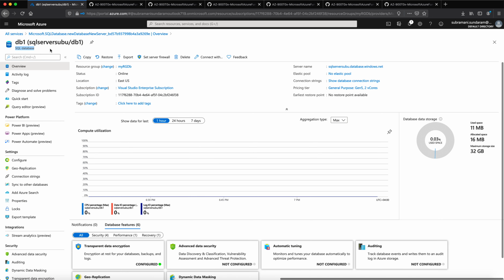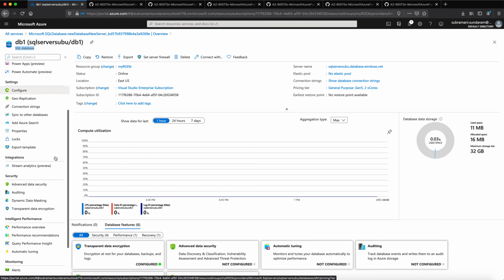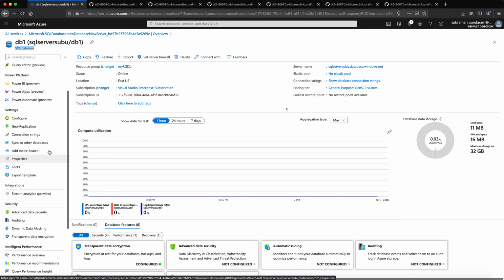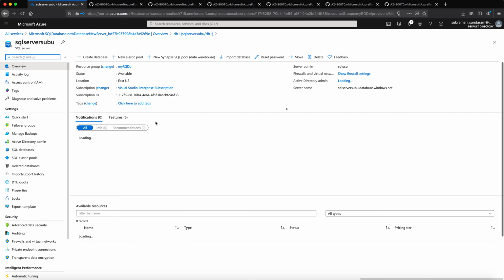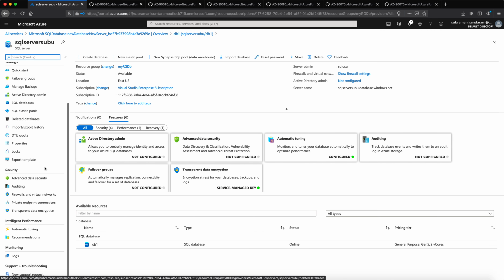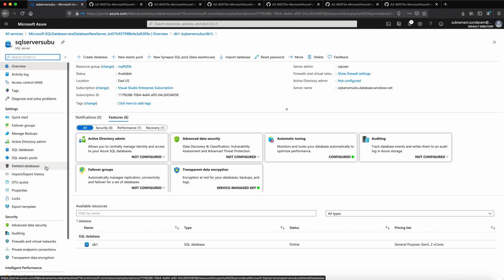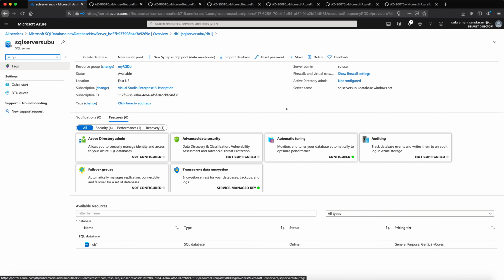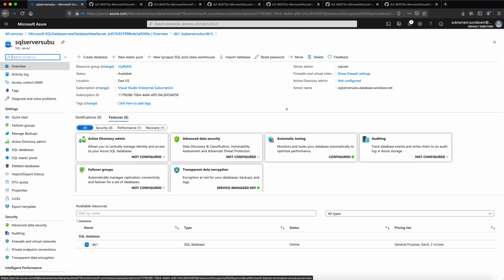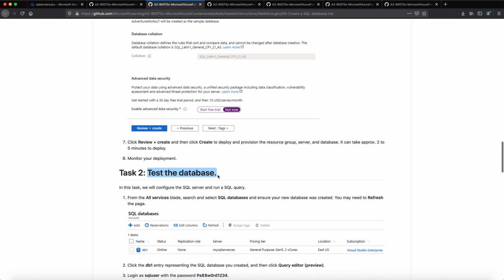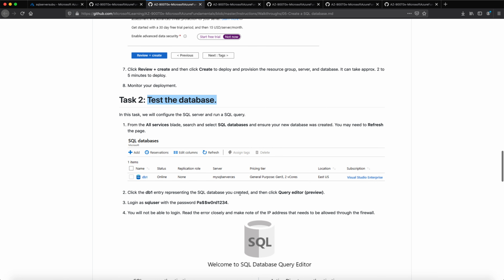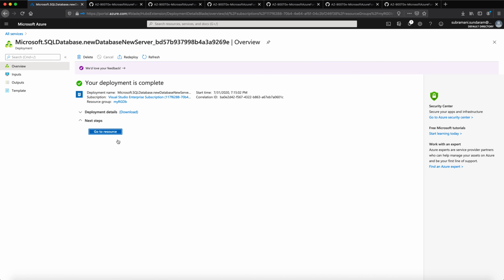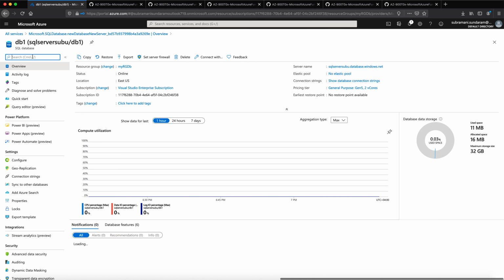This is my SQL Server database. Under this, I click on this particular server. So this is my SQL Server. Once my SQL Server is created, I go into this and click on Query Editor preview.